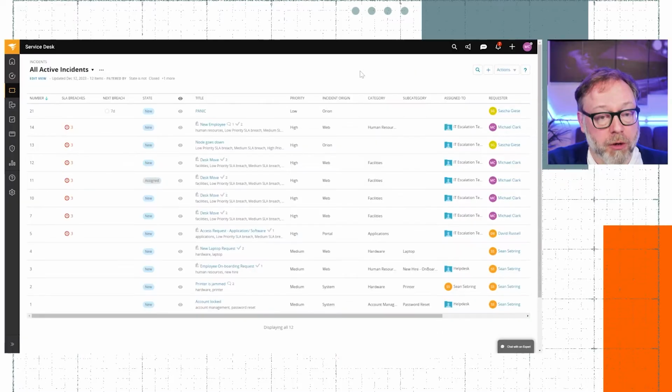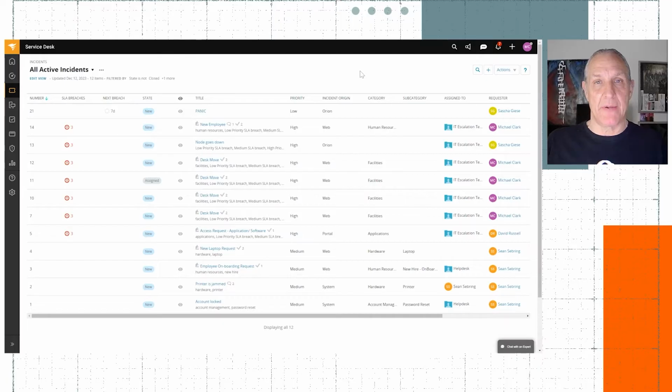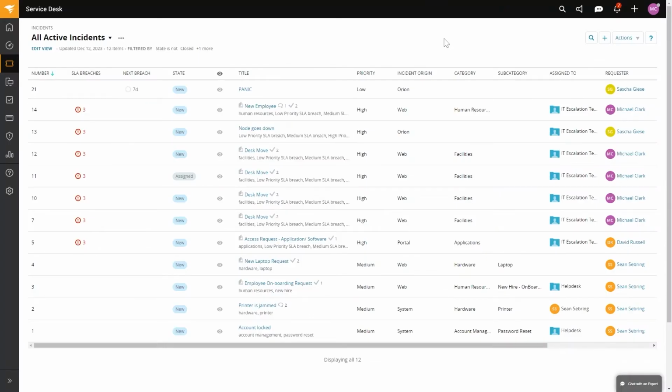So we now move on to the service desk. The ticket from that alert has come into the service desk. We can see that our ticket panic is in here. So this could be a critical piece of infrastructure that we really need to get some eyeballs on pretty quick. If you notice, the default priority that's coming in is low. So now the next step would be to create an automation rule to bump that priority up, and get that over to the escalation team to take a look at it. So we'll do that now.